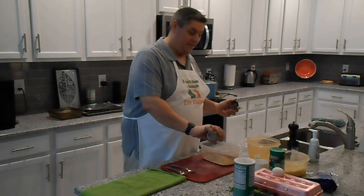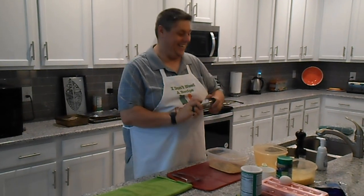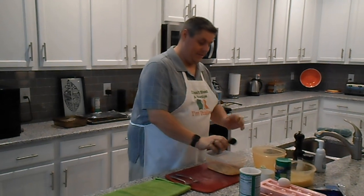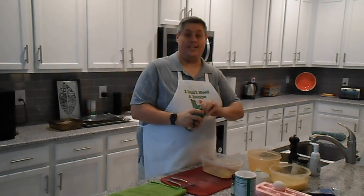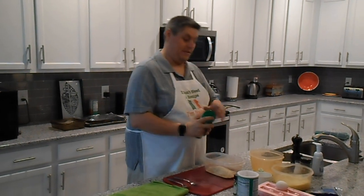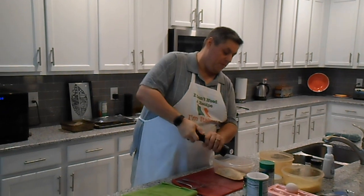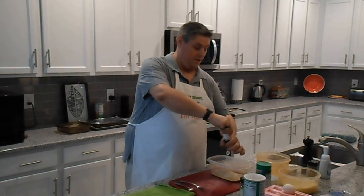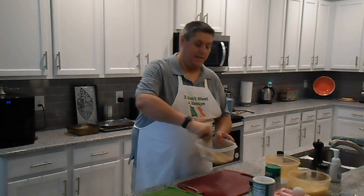We're going to start off with a little Italian seasoning. Okay, maybe a lot of Italian seasoning. We're going to add a little bit of basil, and some grated cheese. To that, I'm going to add a couple turns of pepper, a little bit of salt, and then I'm going to give this some good mixing, making sure